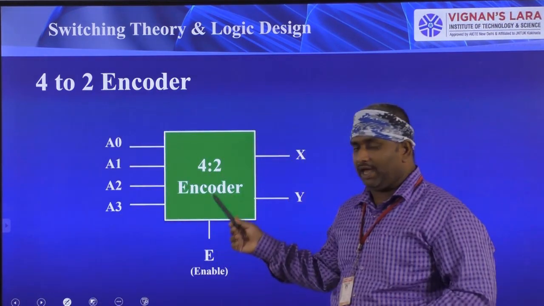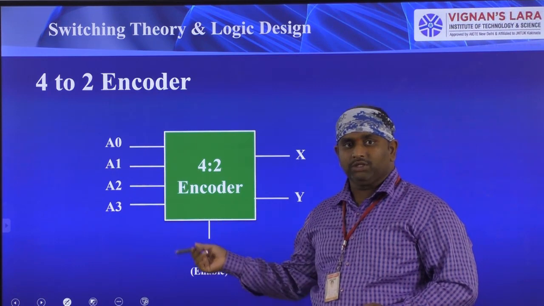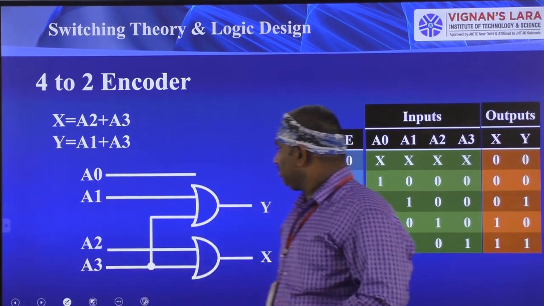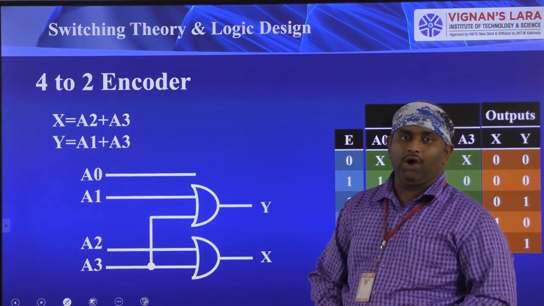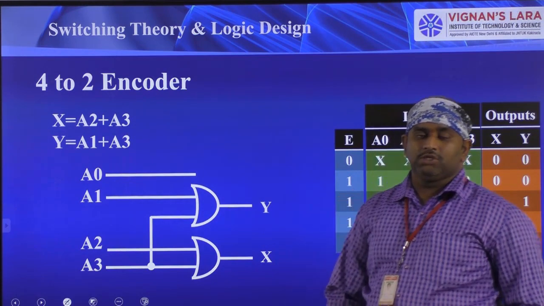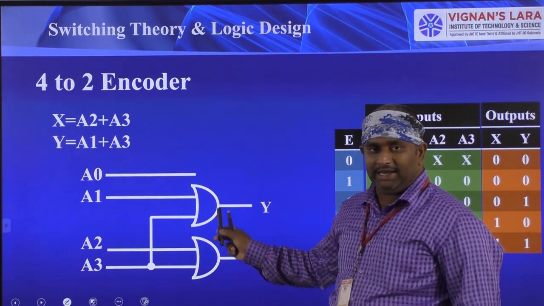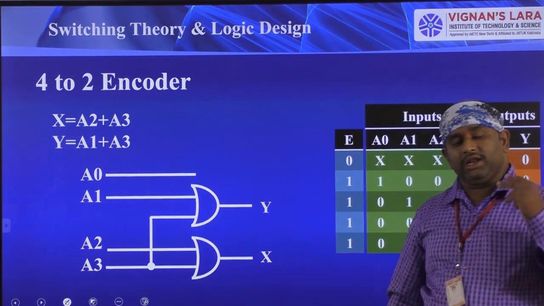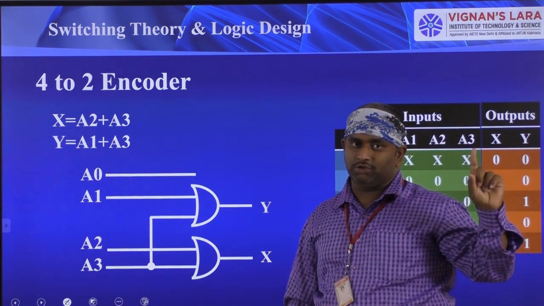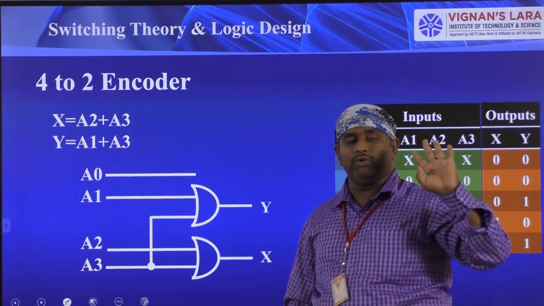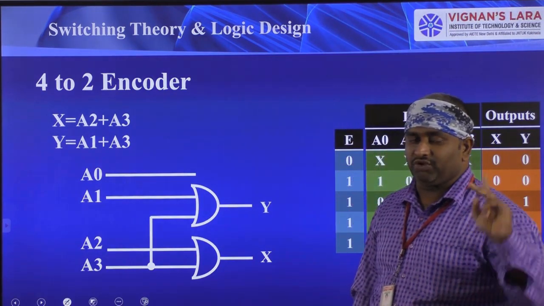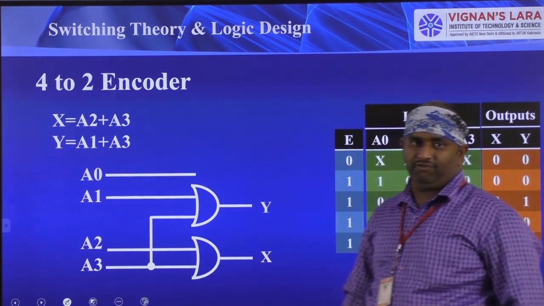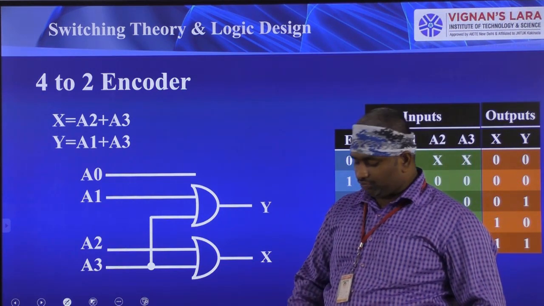So this is a block diagram. In this block diagram, here we have that circuit. This is the circuit. Here we have the 4 to 2 encoder operation. So for implementing a 4 to 2 encoder, we need only 2 OR gates. Compare this with the decoder, where there are 2 inputs and 4 outputs. In the decoder, we have used 4 AND gates and 2 NOT gates for implementing a 2 to 4 decoder. For implementing a 4 to 2 encoder, just 2 OR gates are more than enough. There is a difference between the 2 to 4 decoder and the 4 to 2 encoder.